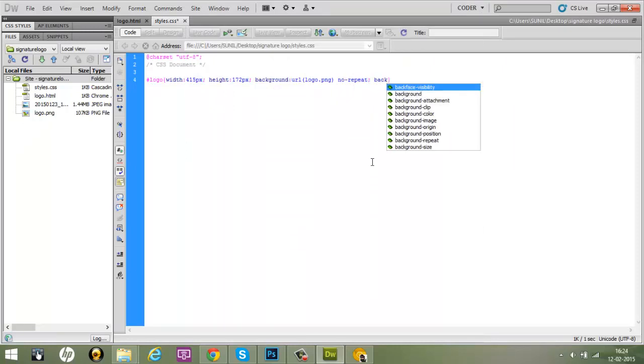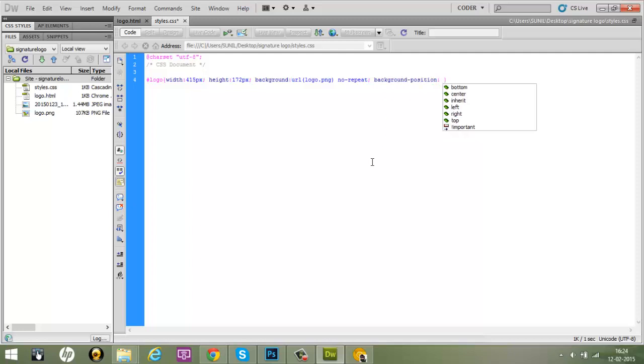And I'll also give a background position attribute for it, and I'll say 0 0, okay, as the values for this background position. And then I need to define a hover state for this logo, and we'll say logo hover. And